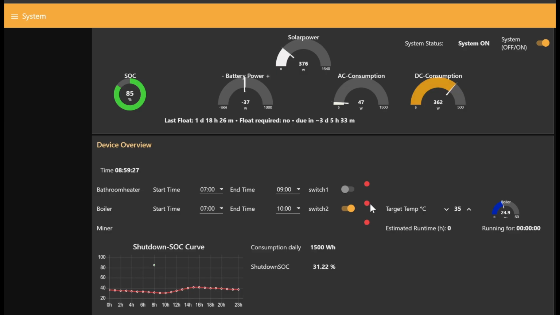Right now I have a bug in here that this doesn't turn green, but I can see that the boiler is on because my DC consumption rose up. The boiler has around about 350 watts, which you can see up here. Now it turned green. Takes a little time. And once this temperature is reached, it will turn down